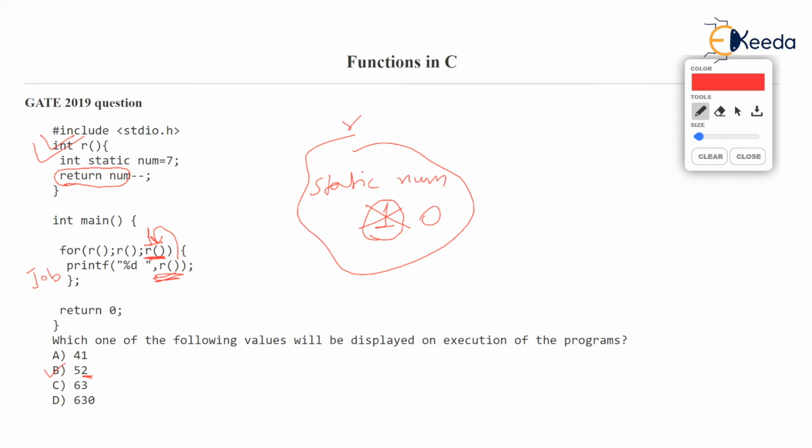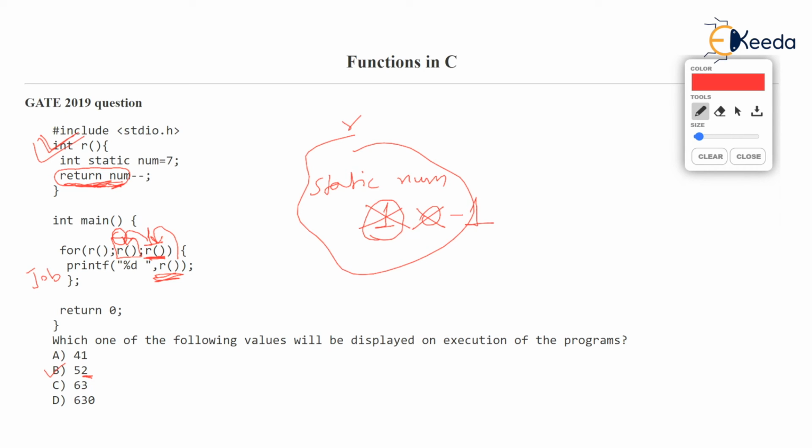What happens after the change? After the change, condition is checked, but condition is the call to the function. So function gets called r, and it returns num. Very interestingly, look how the question is made. I really applaud this. You see that num is returned and num is 0. So 0 is returned here, and after returning num will become -1.